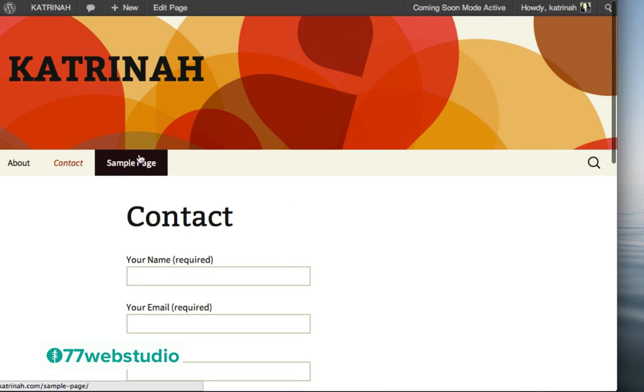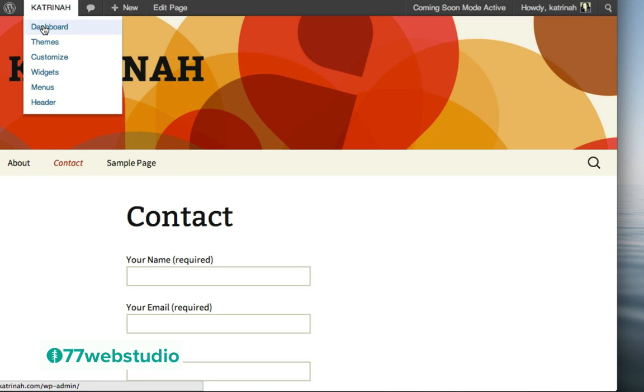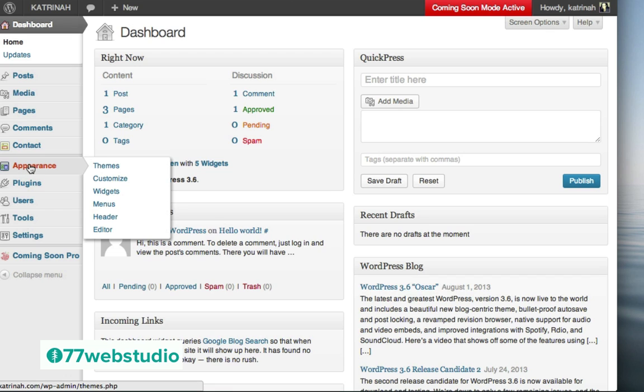Also note that we're starting to add different items here in the navigation menu. So the next step is let's go ahead and configure this section here with the navigation menu items in this navigation bar right here. So to adjust the menu items right here, we want to go up to the top once again and click on Dashboard. Here on the dashboard, to get to the Menus section, you want to go to the left-hand side, hover over Appearance, and click on Menus.